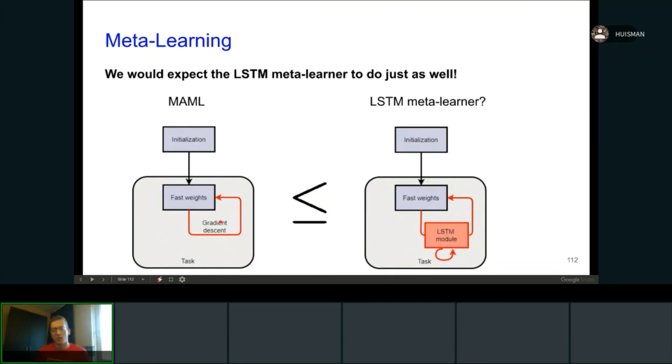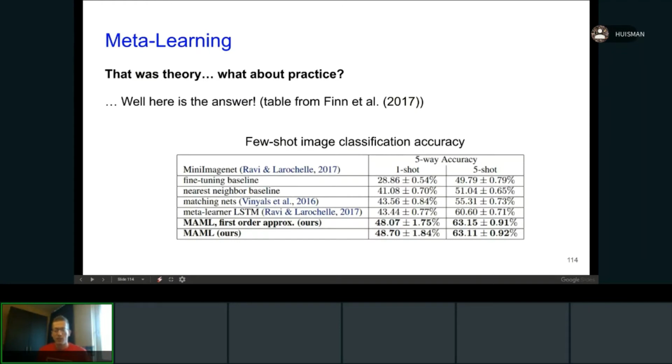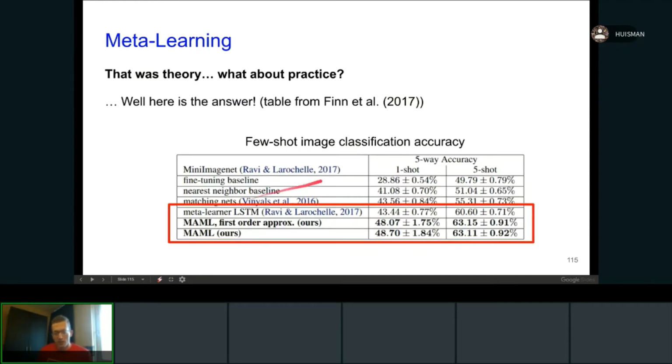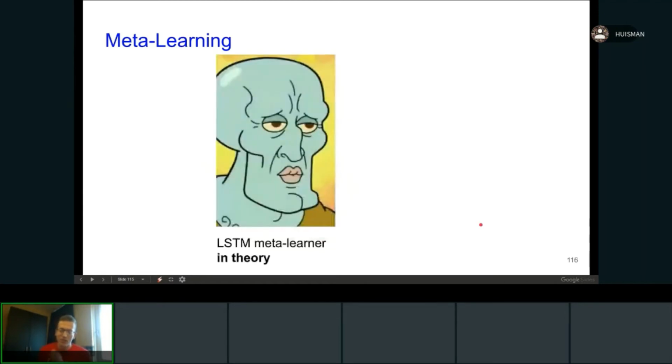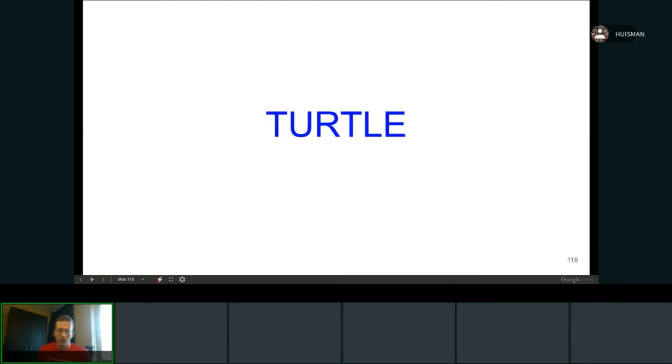Okay, so that was theory, and now we can take a look at some results that were presented by the authors of MAML, and they show actually that on image classification, MAML outperforms the LSTM meta learner. So that is very surprising, because in theory, the LSTM meta learner looks something like this, while in practice, it really looks something like this. So something strange is going on here, and that brings us to our new technique, which we propose, and that